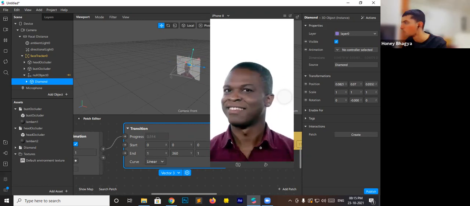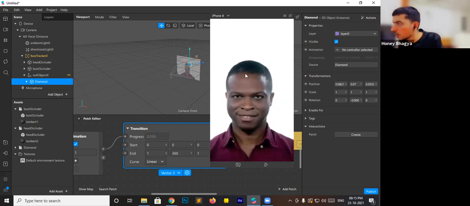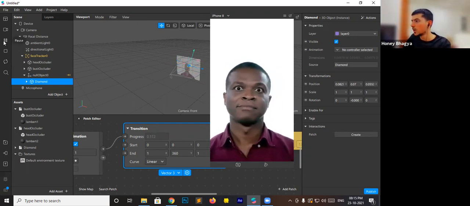Okay, it's fine now. You need to play around with the values to get it perfectly. Okay, I'm going to adjust this, move it a little bit upwards.